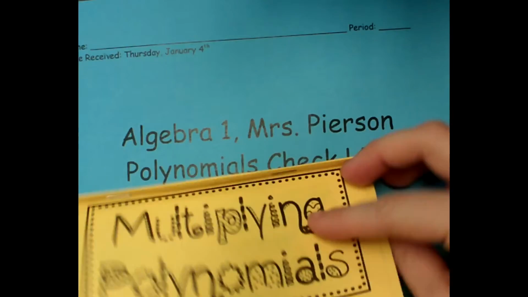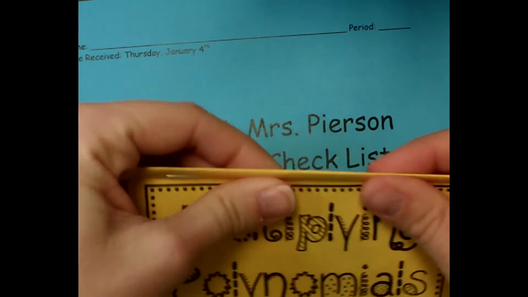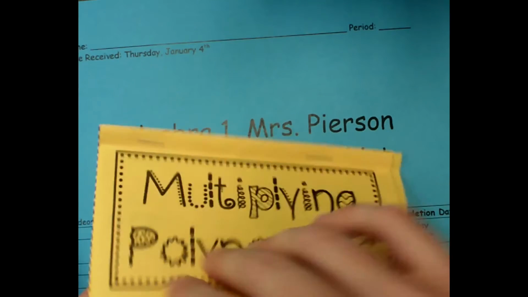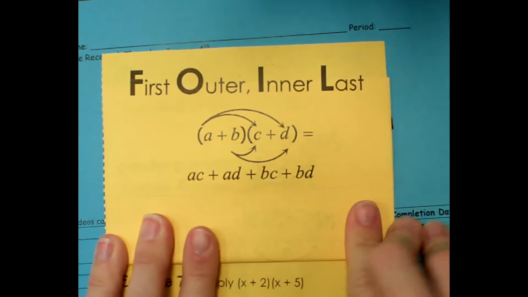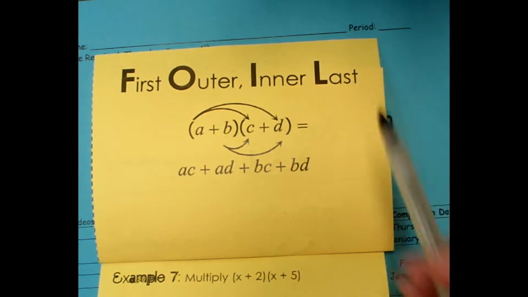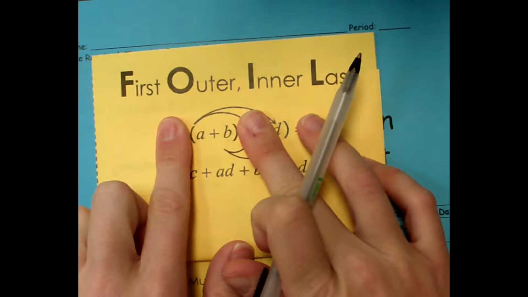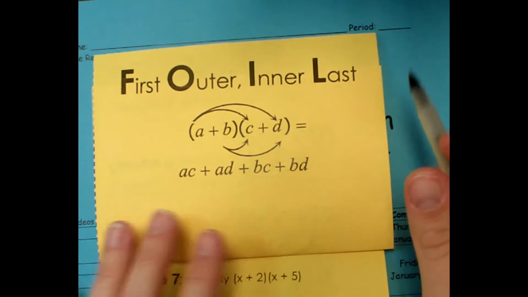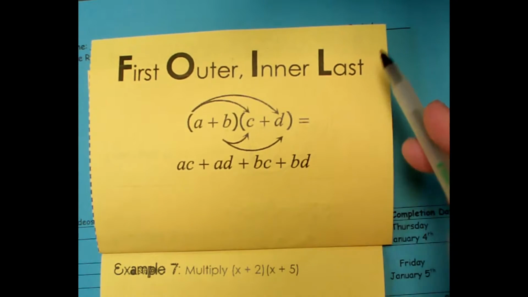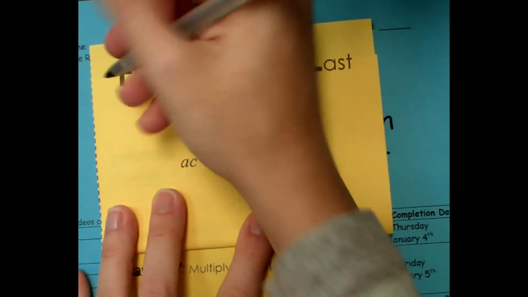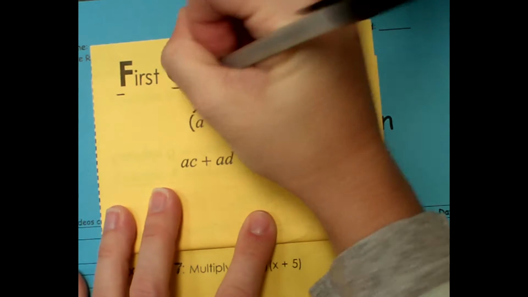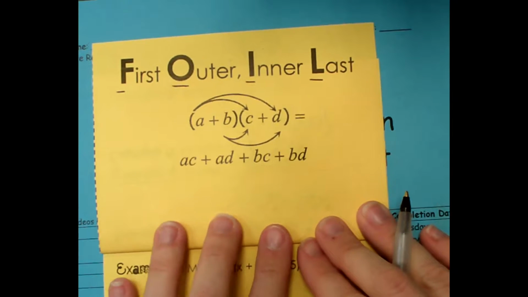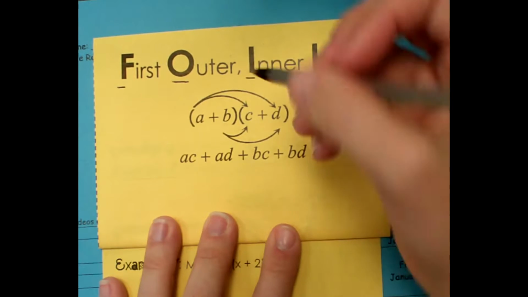Okay, so polynomials video 4 is the binomial by binomial, so it's the last page of your foldable. A binomial by a binomial is when you're multiplying two terms by two terms, okay? So looking, this spells out FOIL. First, outer, inner, last. It's just an acronym that can help you to remember that everything needs to be multiplied